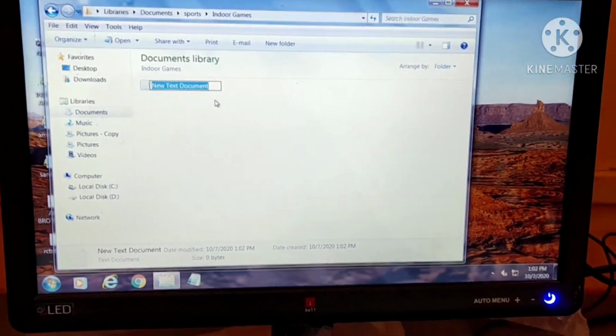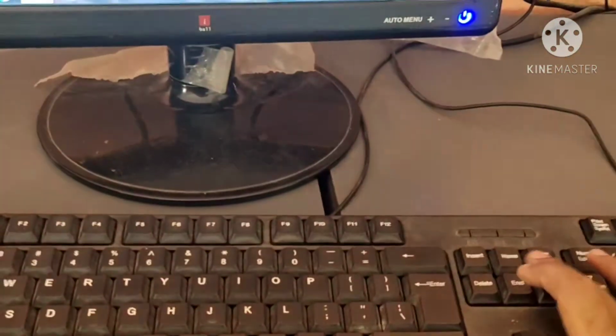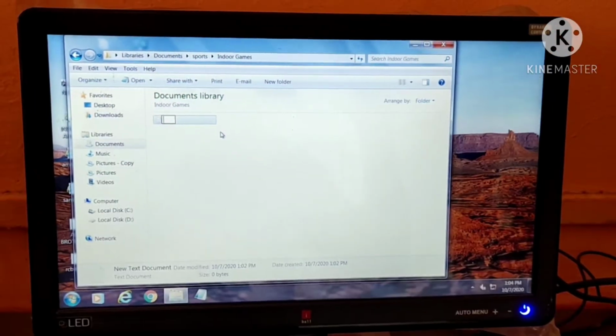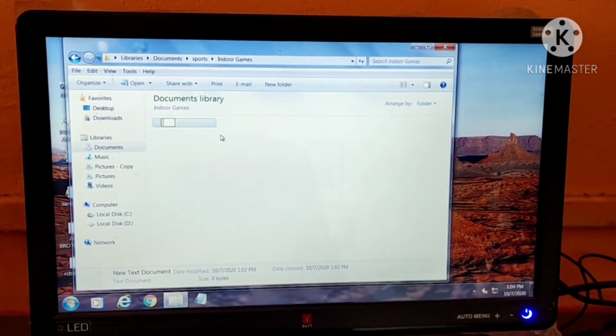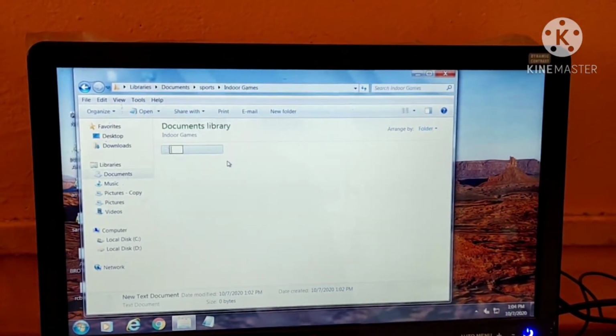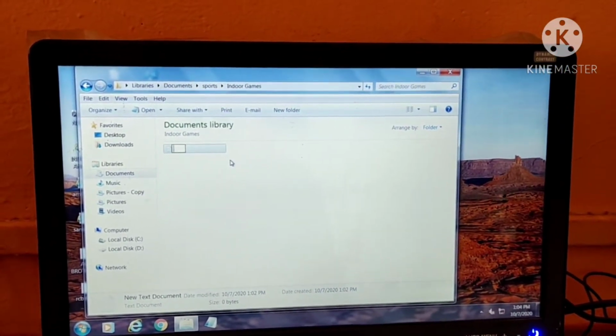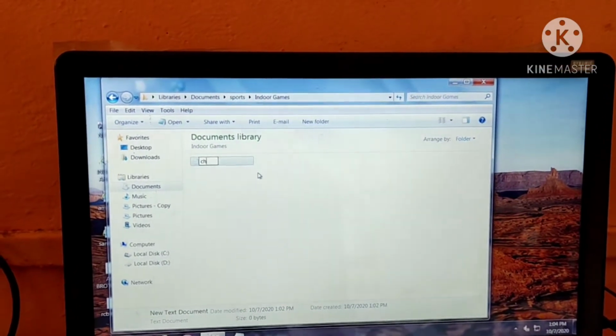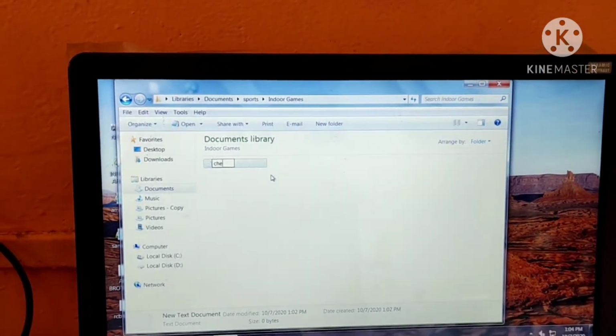Now there is a white icon open over there. Just use the backspace key to erase the name, and there you should type indoor games. So many indoor games you are playing, but here we have to create the file. What is the first file? It is chess.